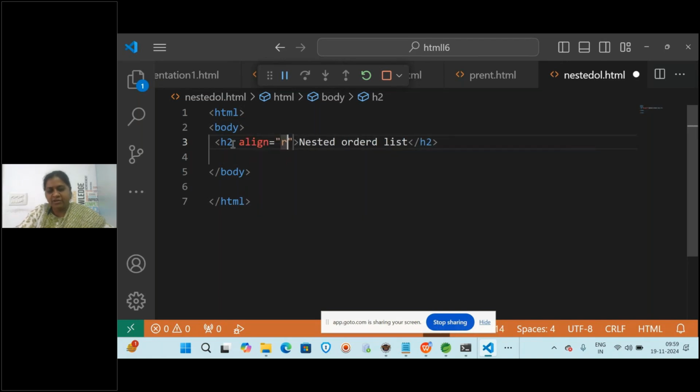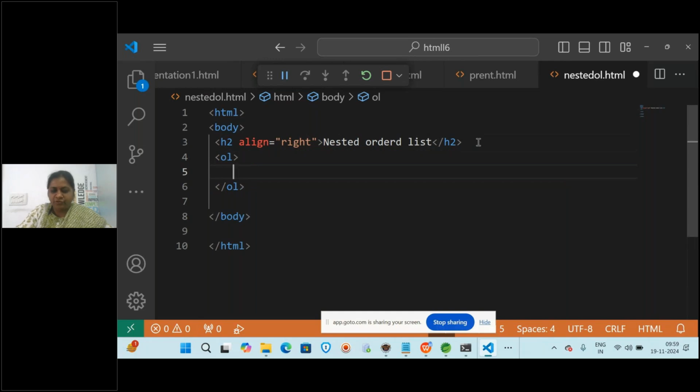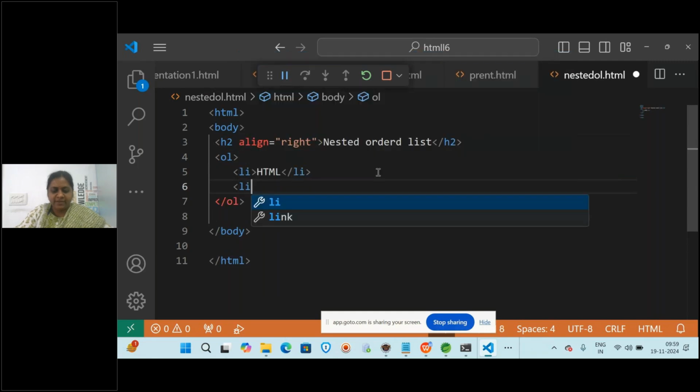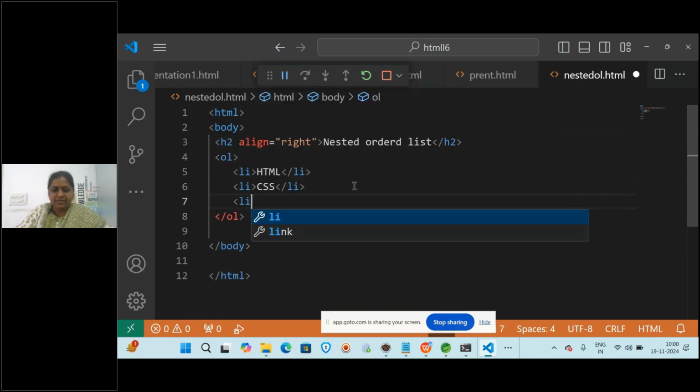You can give right also, no problem. Then I write ol, and in this ol I write li for HTML, and again a list item CSS, and again a list item JavaScript. So these are the three we wrote normally.